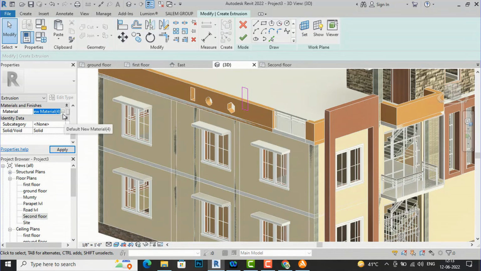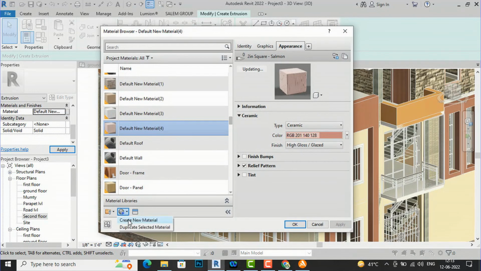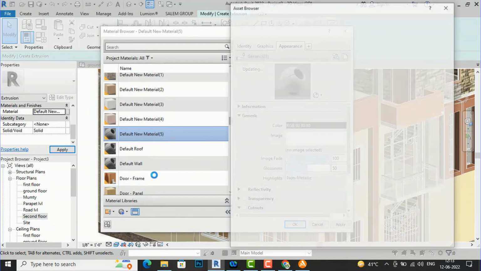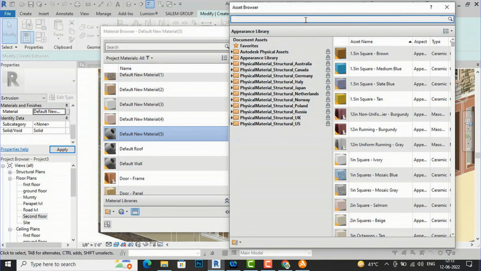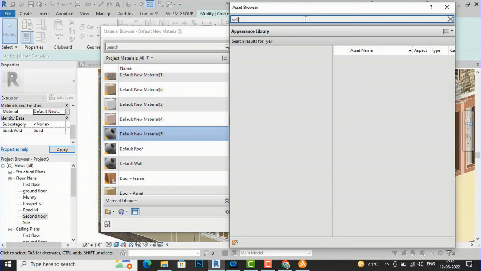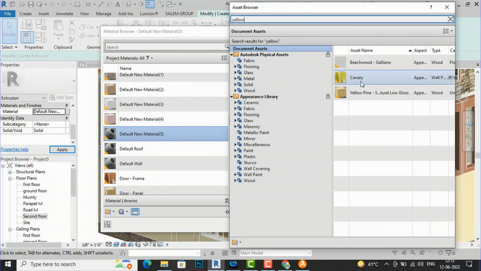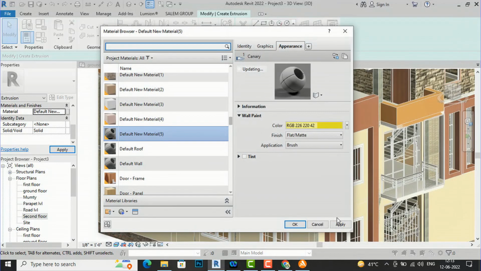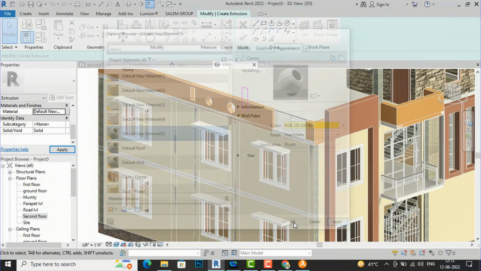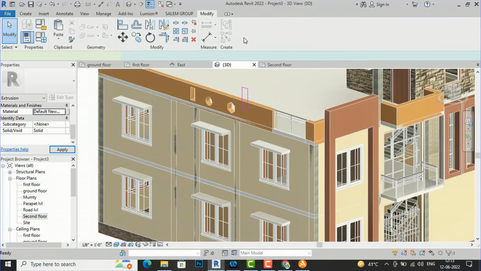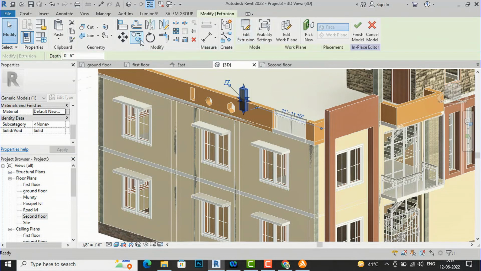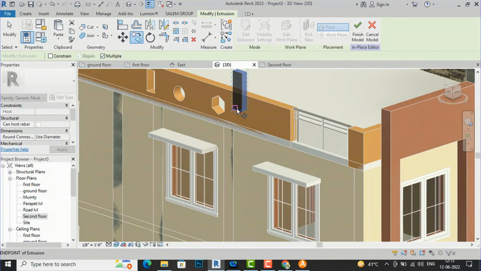You can change the material here, and you can go to create a new material, and you can create a yellow wall color. You can select this canary, can apply. Okay, okay, and now you can start copying this,